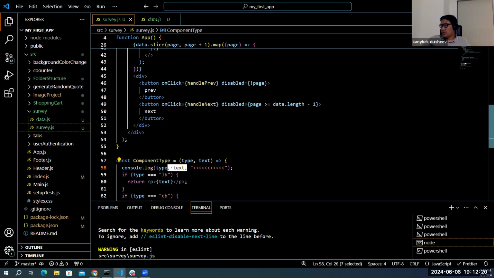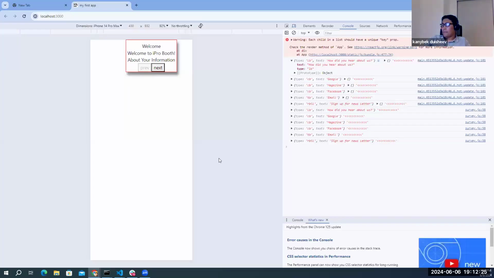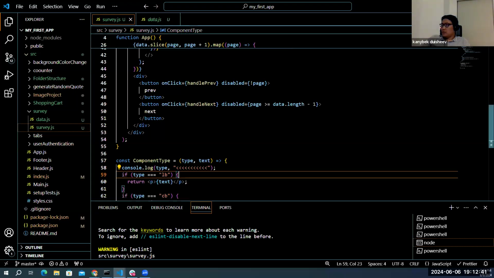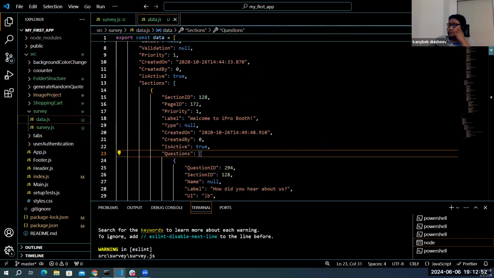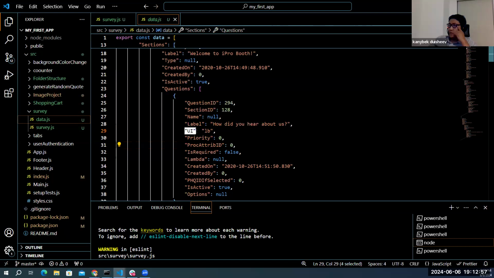Let me check separately how it looks. Type. So next, we are receiving type. Looks like you have a text in there? Yeah, we are sending something more complicated. So question.ui. We are mapping, and question is a single object. So this is an object, and from that object, I am sending